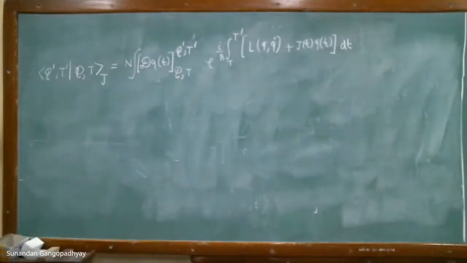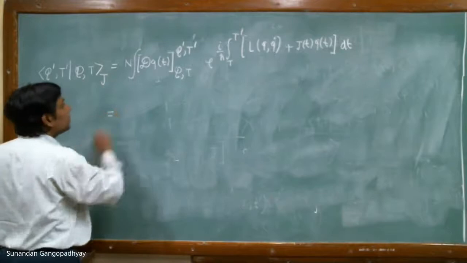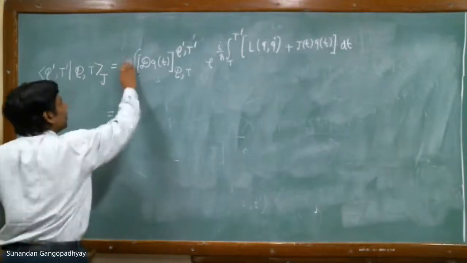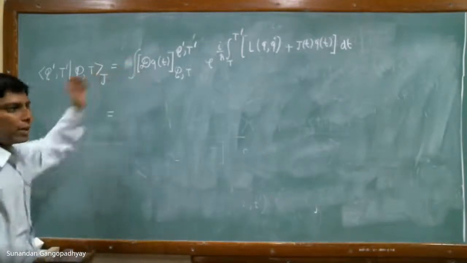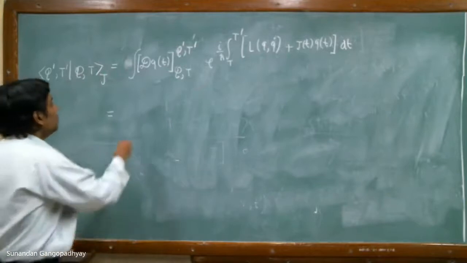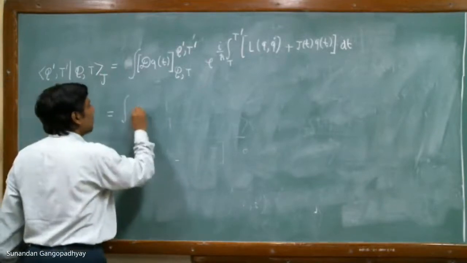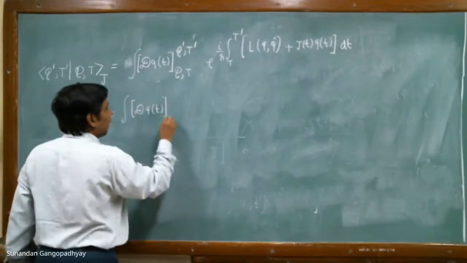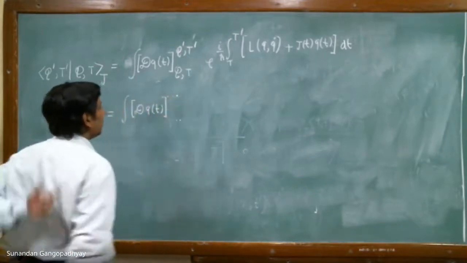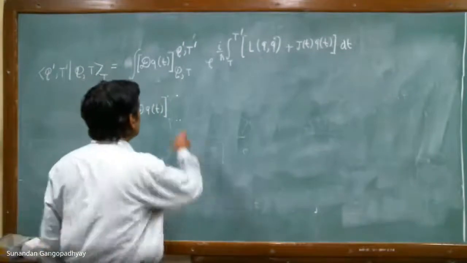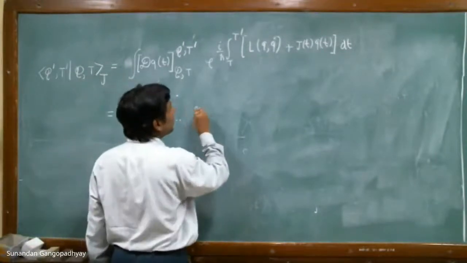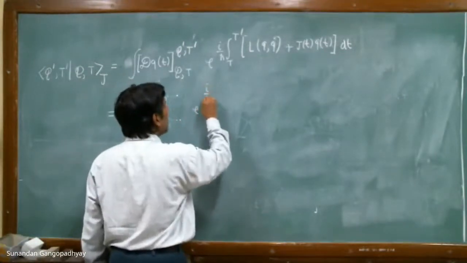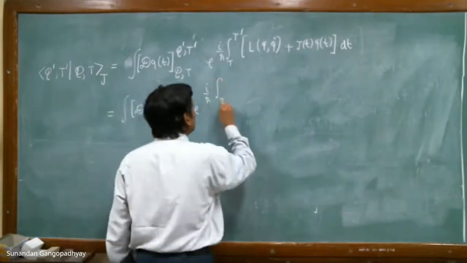Now, you see that this expression, if you forget about this, is some constant. Forget about that for the time being. So you see that you can write the same expression, I'm no longer writing down the finite boundary conditions, it's the same. So you can write this expression as e to the power of i by h bar integral from t to t prime